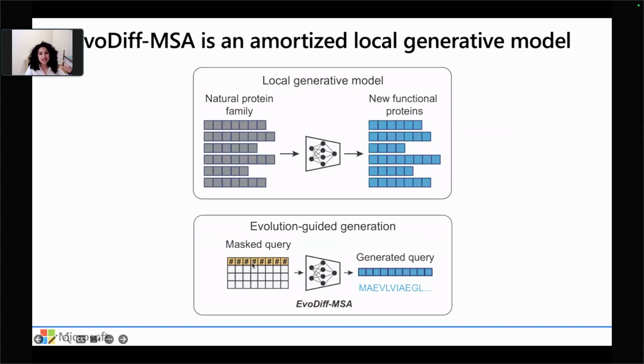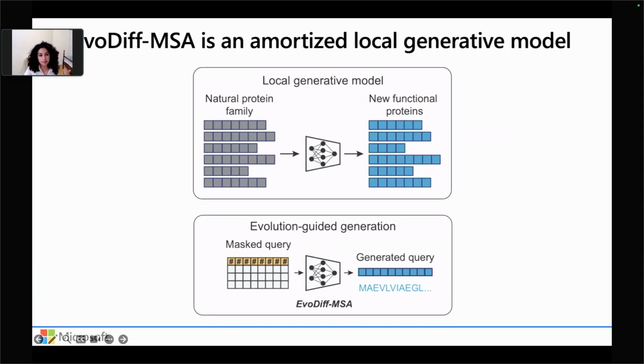And this works by supplying that multiple sequence alignment as a form of conditioning information to EvoDiff, and then simply masking that first query sequence and asking the model, given the context of the rest of the MSA, to generate a reference query at inference time, amortizing the cost of that local generative model. And so more details on this and some of our empirical results are in the paper.